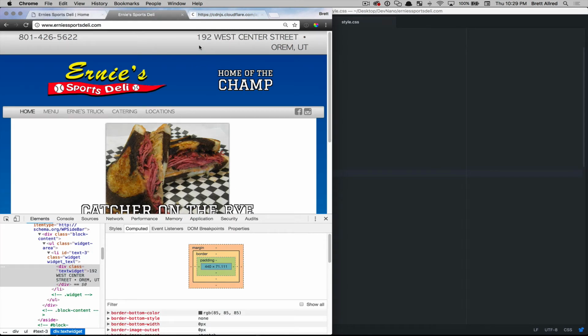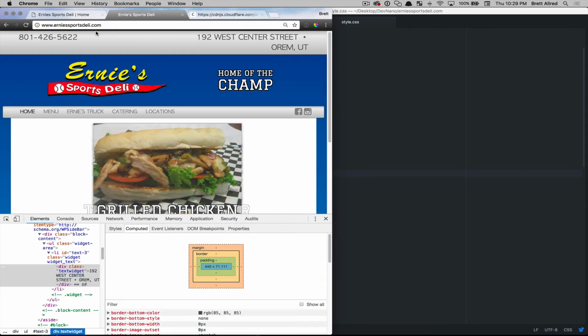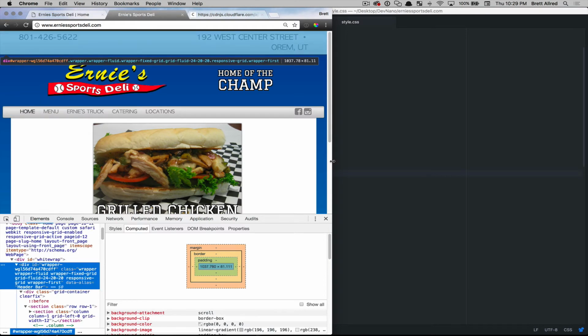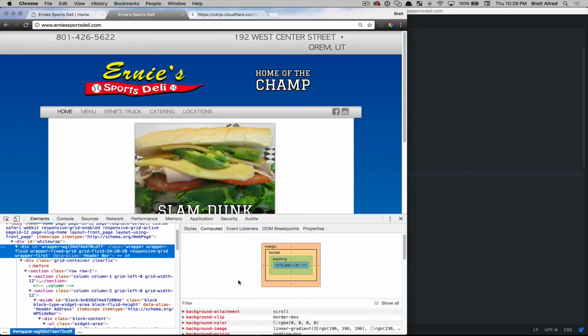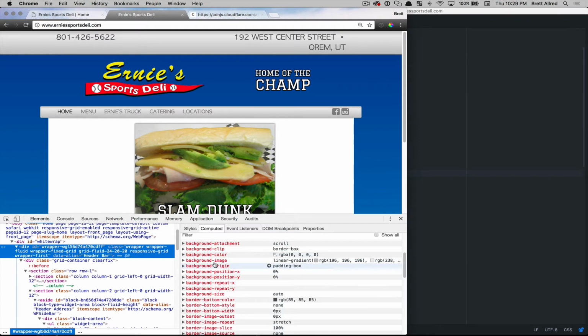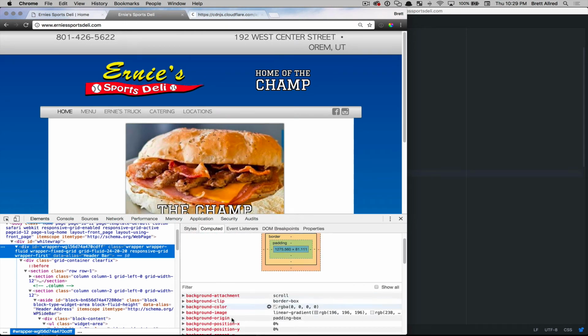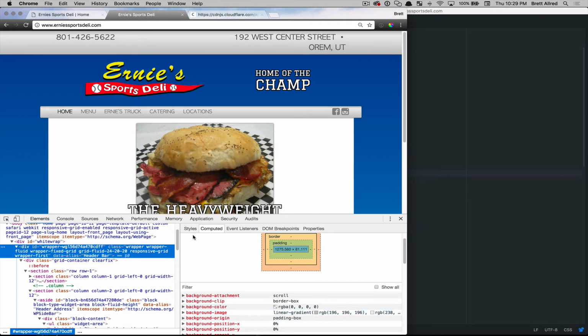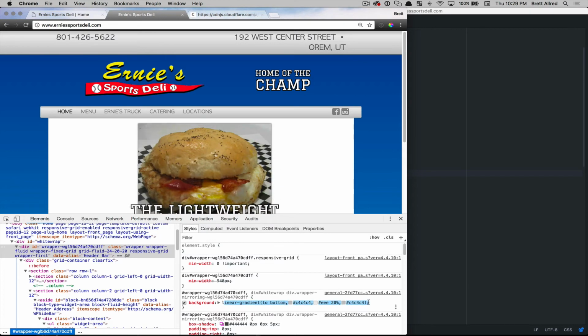One last thing here is that you'll notice that we have this background which is just solid gray, and they have a background which has some type of a gradient on it. So I'm going to right click on the side over here and inspect the element. I'm going to make sure that I have the full outer div selected, not an inner div. Then I'll come down to the style that they've done, and the background image they're using is a linear gradient. So by clicking on styles, I see their linear background gradient, and I'm just going to copy their exact code here